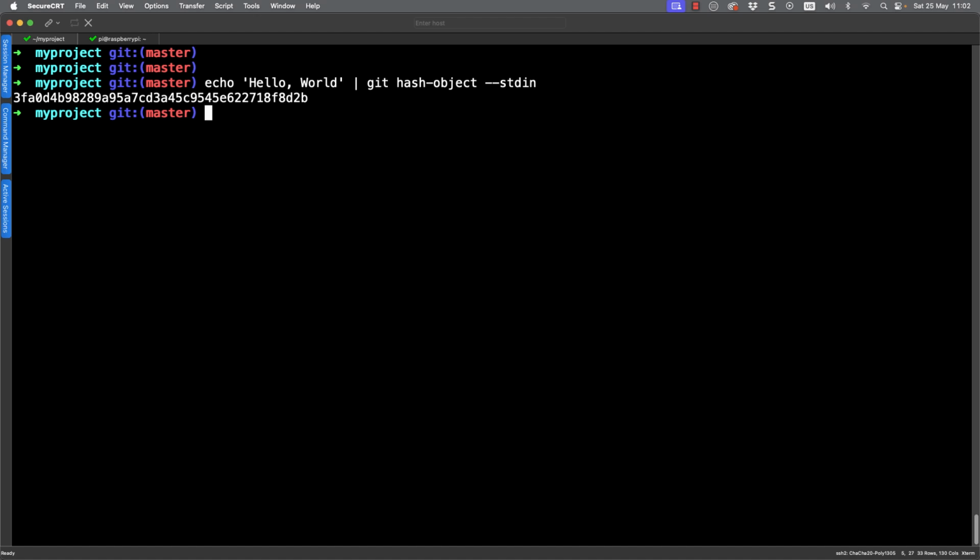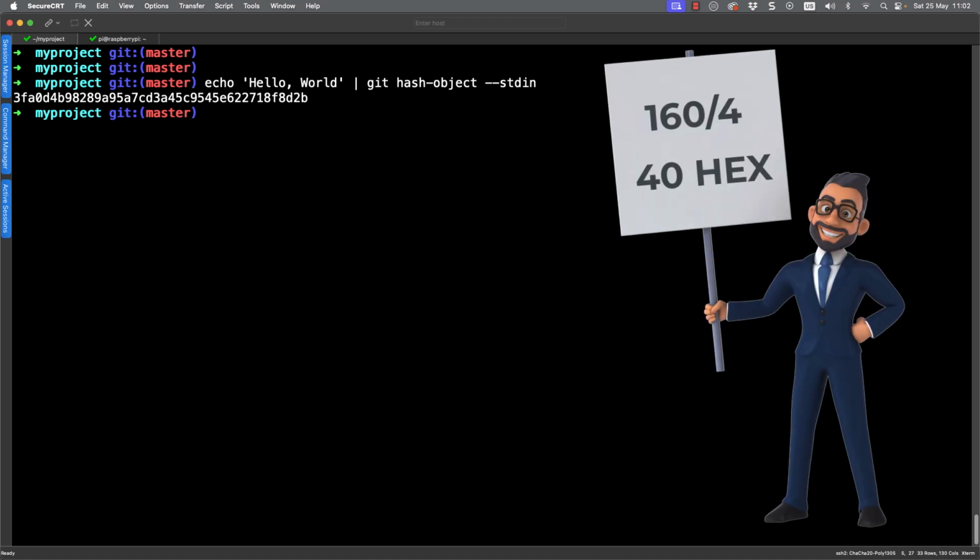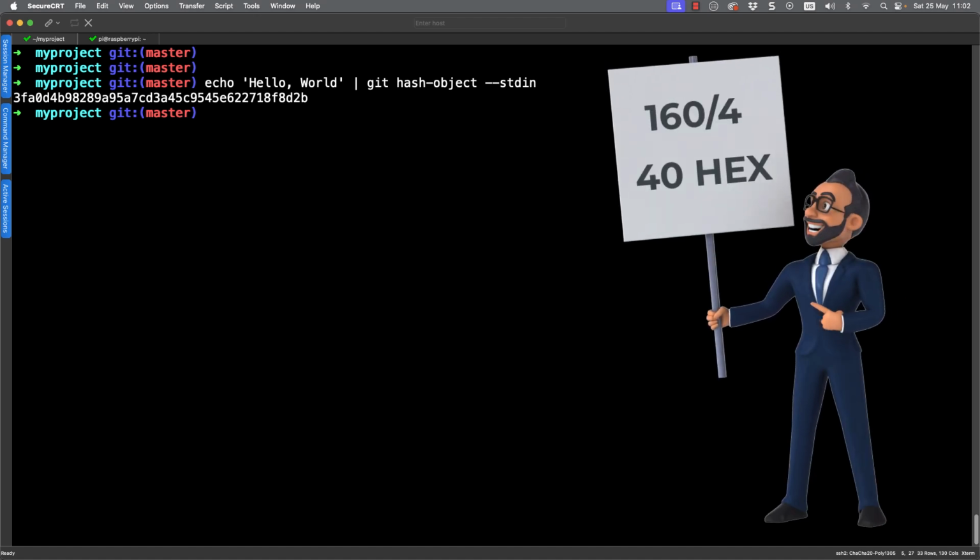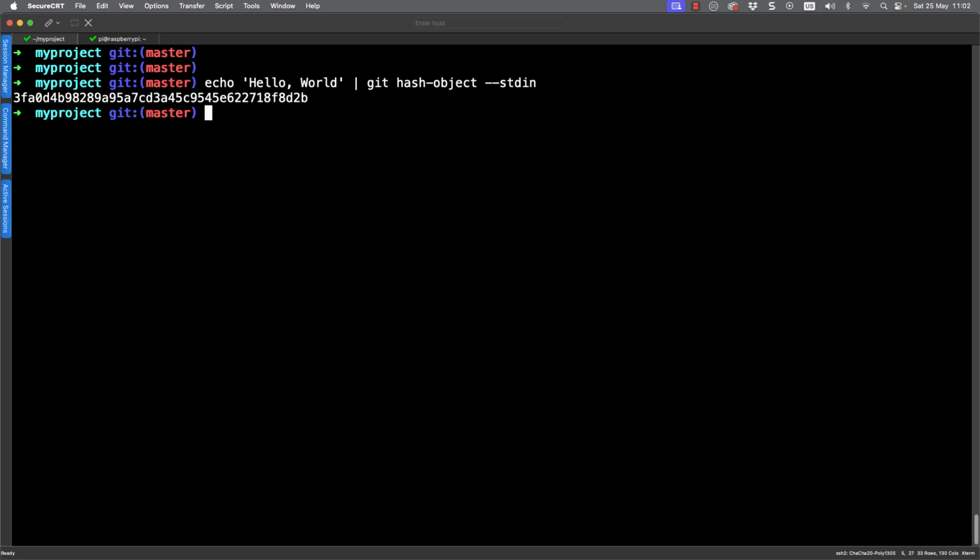But you might also say, well, hang on, how come it's 160 bits? Well, it's 160 divided by 4. So 40 hexadecimal characters. Every hexadecimal character is representing 4 binary bits. So we only get to see the 40 characters.